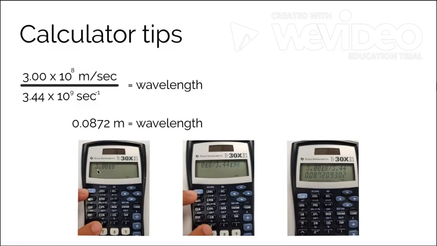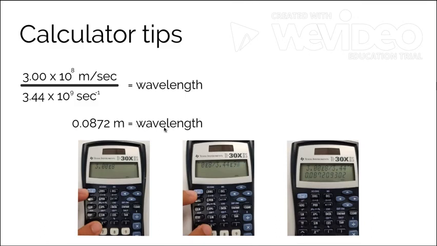So this way I can put in 3.00, second E key, number 8, to put in my first quantity, and then I can divide that by the second quantity, doing the same thing. 3.44 is the value that I have, and then instead of doing times 10 to some power, I will do second E key, and then put in my ninth power. So pressing that 9, and this is what I get. And just pressing enter gets me this answer of